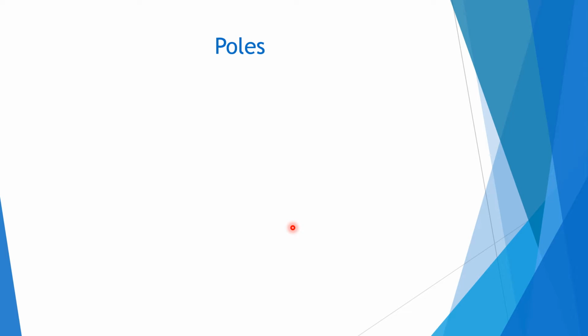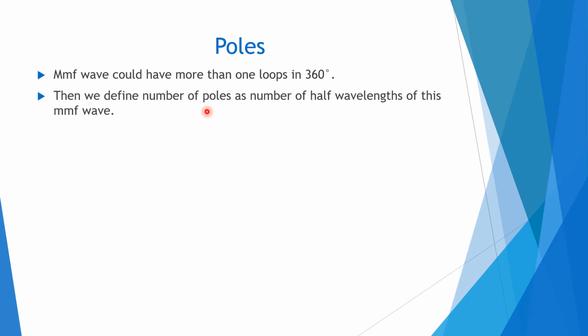Before we go on to that part, we must first understand something called poles. The MMF wave that we have created, we have been talking about it going up and down, and once it goes once up and then once down, it simply does one whole transaction in that air gap. It has covered 360 degrees. But we could produce an MMF wave that has more than one loop in the same 360 degrees, right? It could have two wavelengths, it could have three wavelengths. So the number of half wavelengths that this MMF wave has is called the number of poles. The number of poles is basically the number of